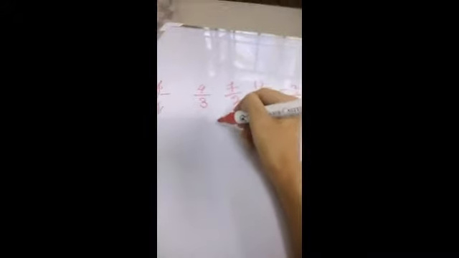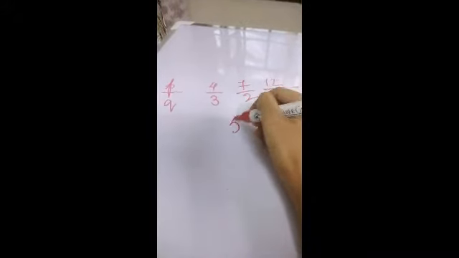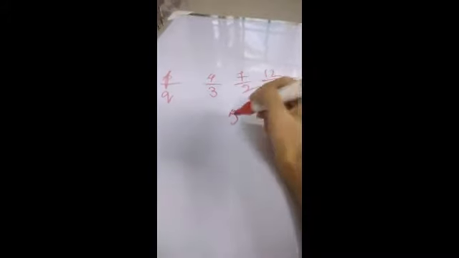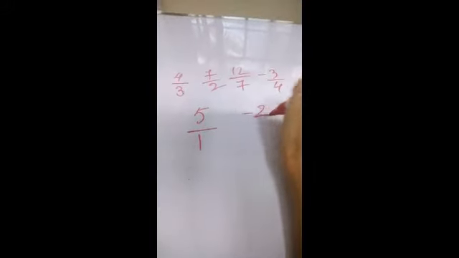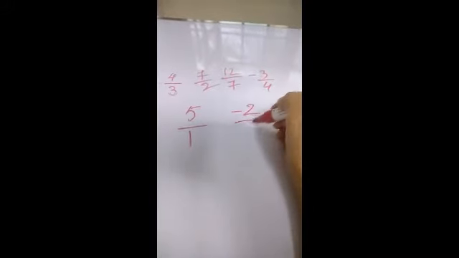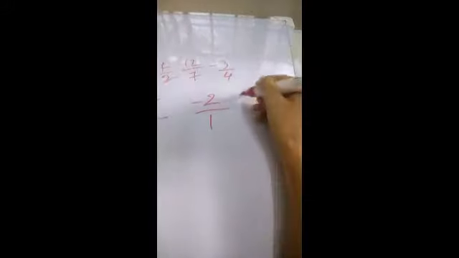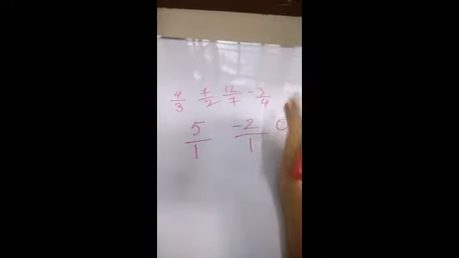Even if you take whole numbers like 5, let's say 5 is a whole number, it's an integer, it's also a natural number. Even this is a rational number because you can write it as 5 by 1. If you take an integer like minus 2, that's also a rational number because you can write it as minus 2 by 1. 0 is also a rational number. All of these numbers are rational numbers.